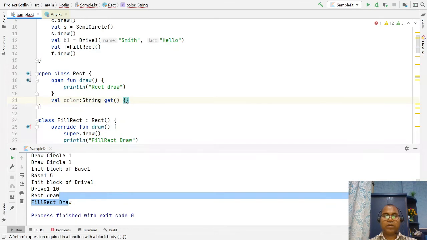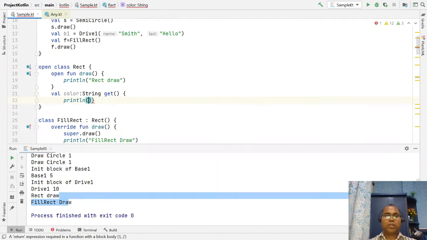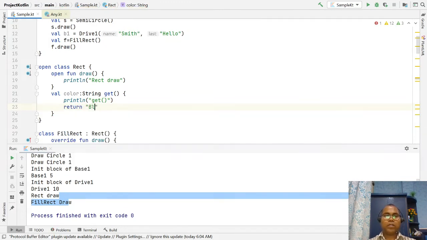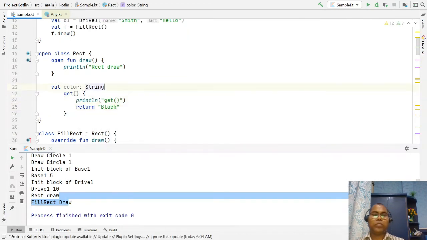Println get function in hook, or here say you have to return, let's say any color name, right? Black or blue, whatever. So here we have color.